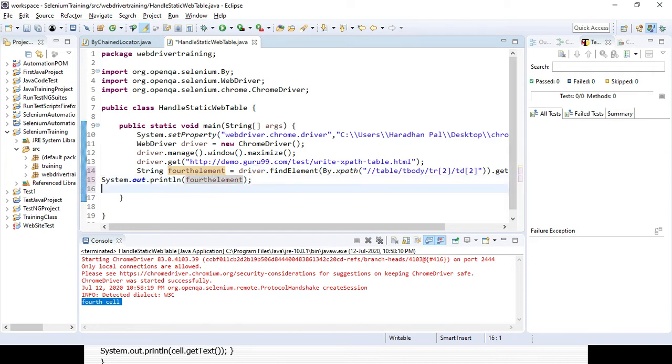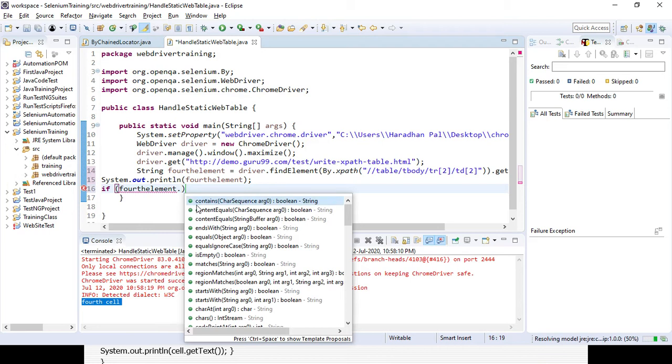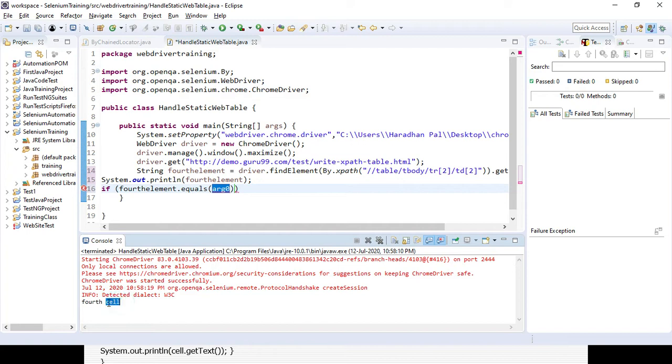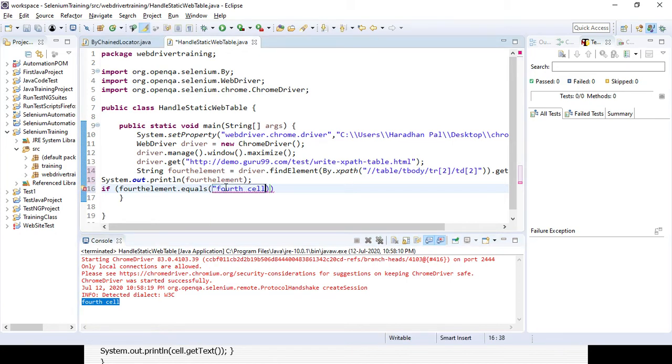Now let's enter some if condition. If fourth element dot equals, and here I can give the value. That value should match exactly. So what happens?